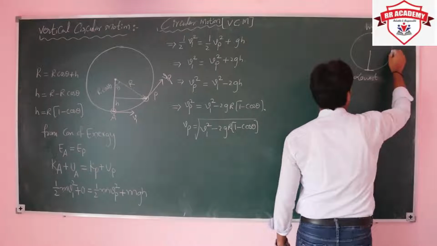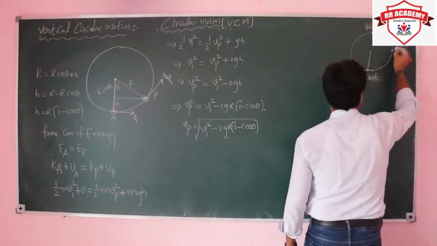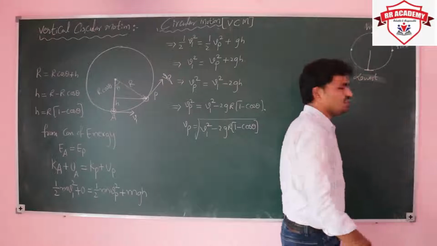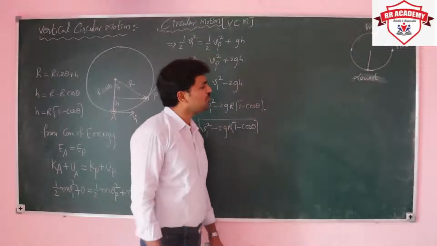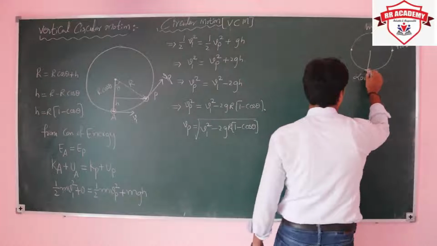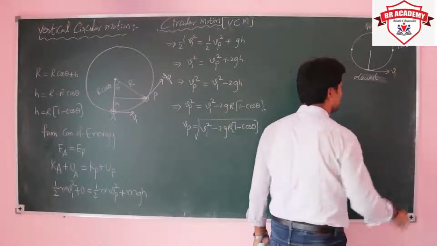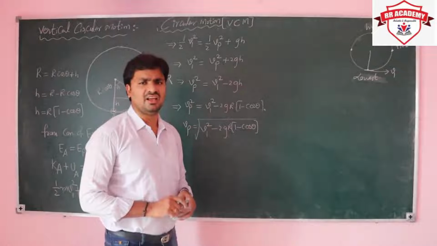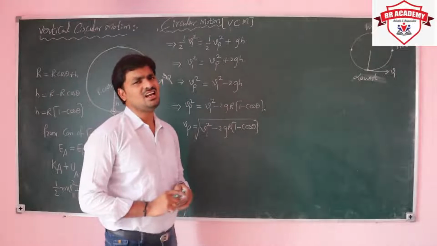And here it is the horizontal position, exactly horizontal points. This is a horizontal position and this is a horizontal position. So what is the velocity at the different positions? First take the lowest point. At the lowest point we already consider the velocity as v1. And how much angle is the string making? The string is making an angle 0.